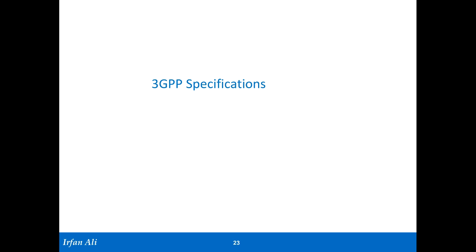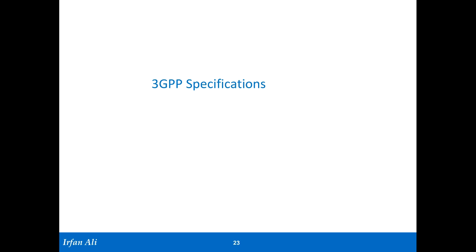So now we look at the specifications which define how the LTE or 4G system works. These specifications are created by a group called 3GPP. It stands for Third Generation Partnership Project. It's a bunch of operators and vendors who get together and specify how mobile systems work, and they are responsible for the specification of GSM, 2G, 3G, LTE, and then what will be 5G will also be specified by